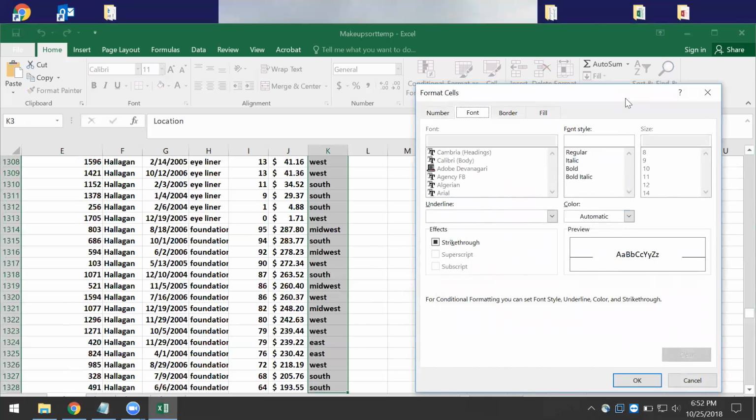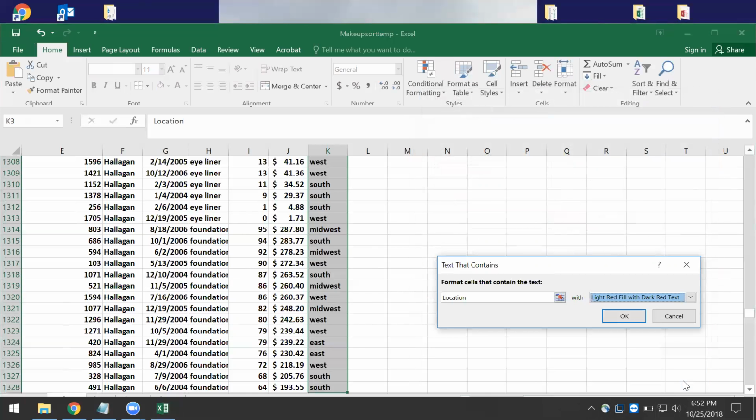Let's see if I've got some other ones. Well, we'll just do that, and it will look at the location East. And so anytime it's an East,